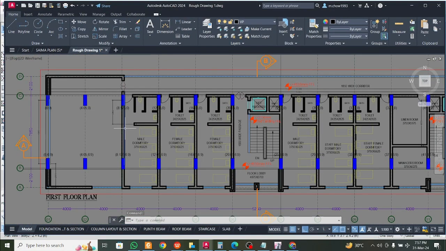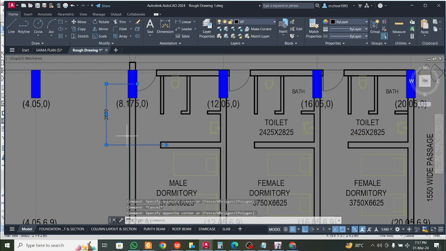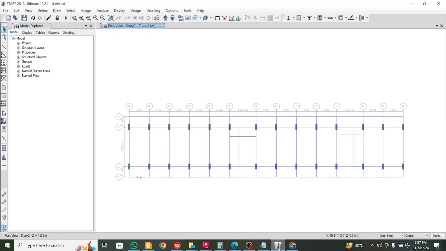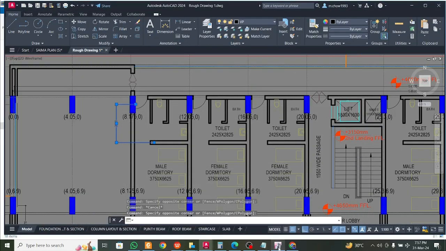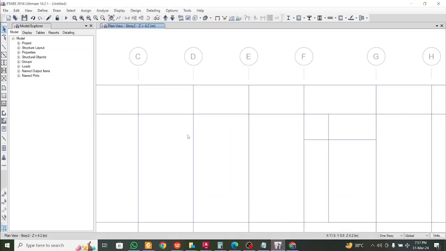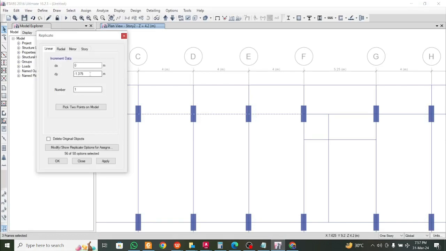In this particular floor we have these three beams coming at 2600. So let's apply these beams here, three beams here, leaving two spans. We have these three beams up to the staircase portion at 2600. So selecting this, this and this, Control R, minus 2.6,